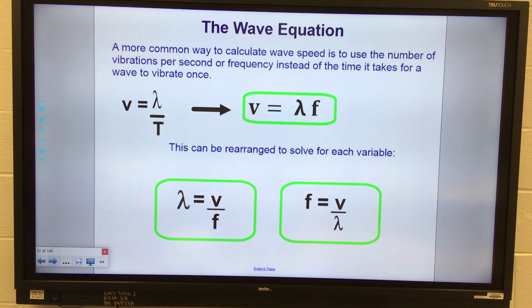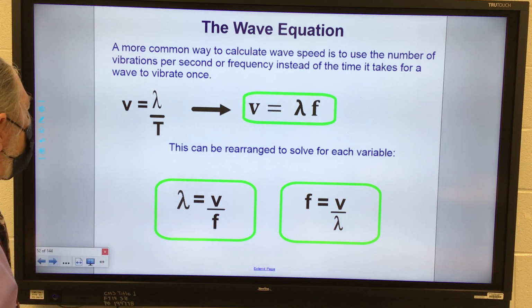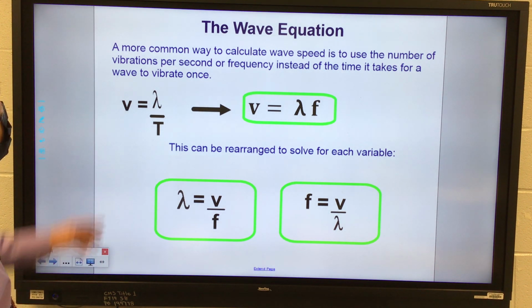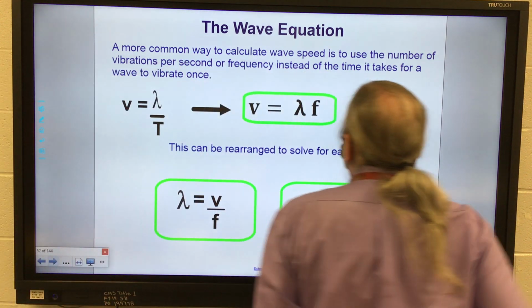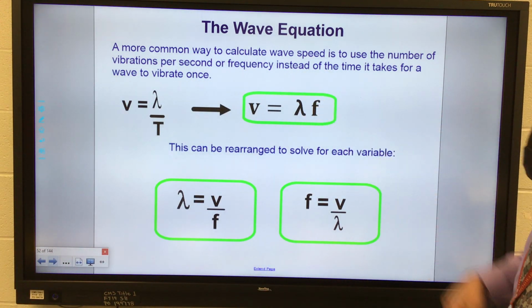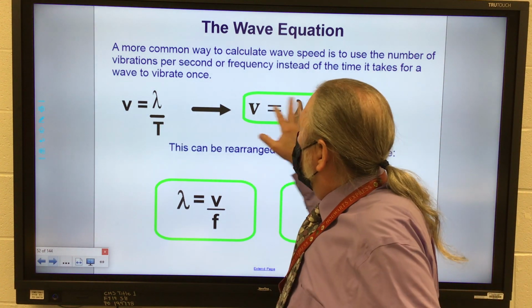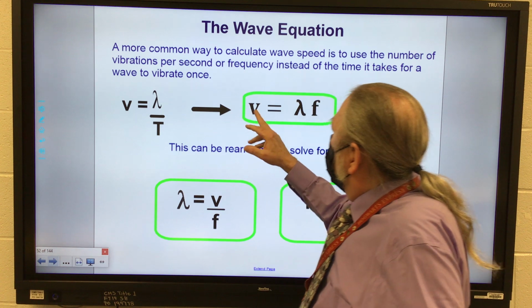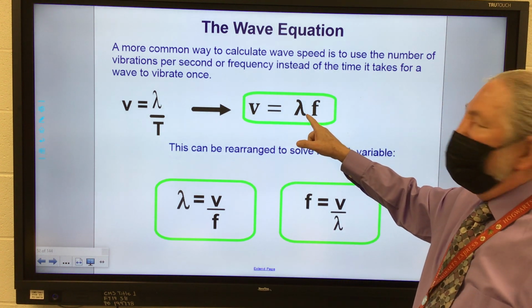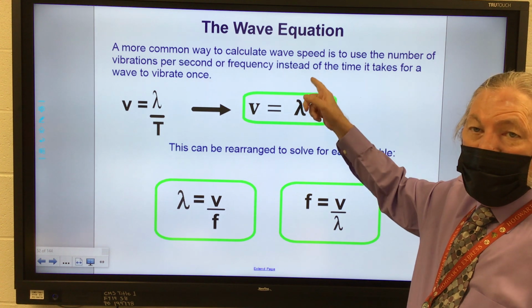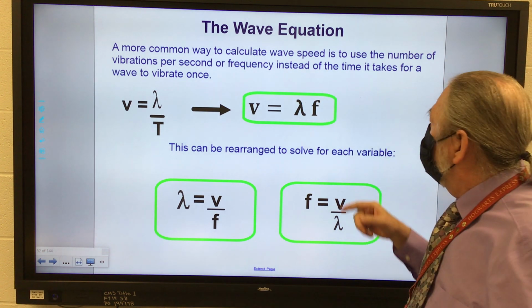Okay, so now let's look at some more wave equations here. So we did this one right here, right? Okay, so a more common way to calculate wave speed is to use the number of vibrations per second, or frequencies, instead of the time it takes for a wave to vibrate one, okay? So you can get the same product here by taking your velocity equals and then multiply your wavelength, which in the case of the last problem was 6 centimeters, right? That was the wavelength. Times